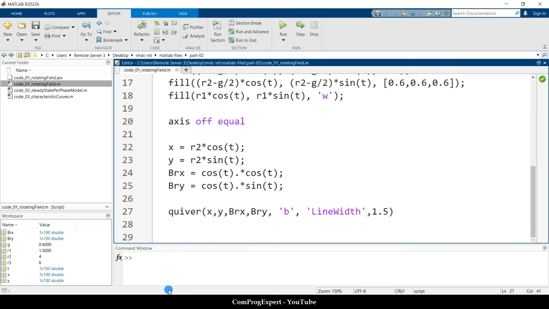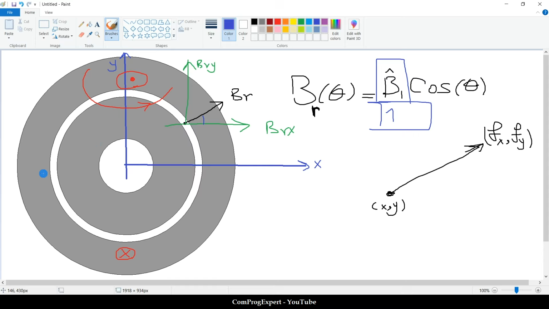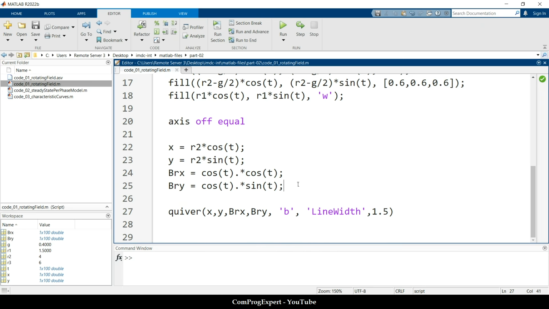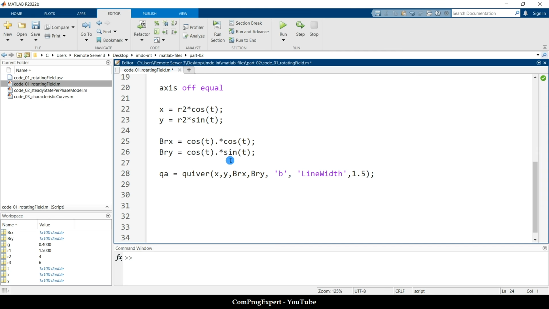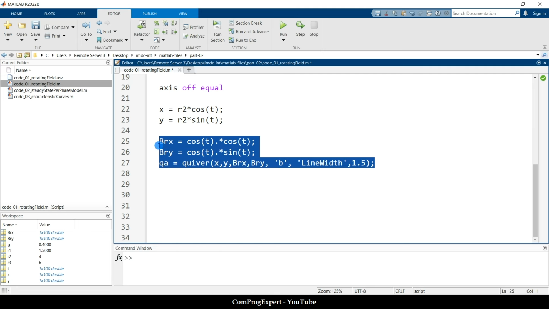What about the phase B? For the phase B, as you know, we have 120 degrees phase shift. We have the same function, we just should consider the 120 degrees phase shift. So here, this is for the phase A actually. I want to have these quiver functions. This is for the phase A, and the quiver function for the phase B is this one. Let's add it. This is for the phase A. For the phase B,